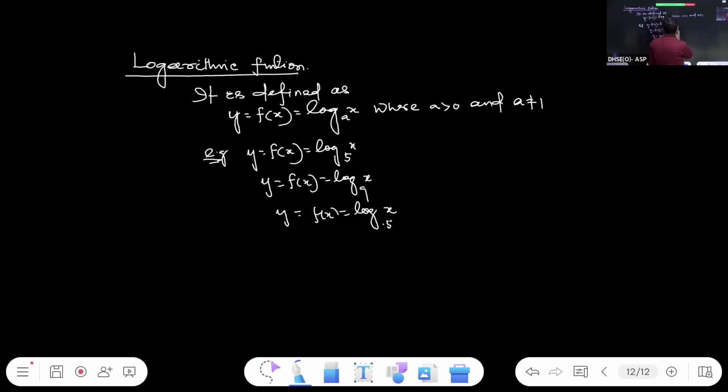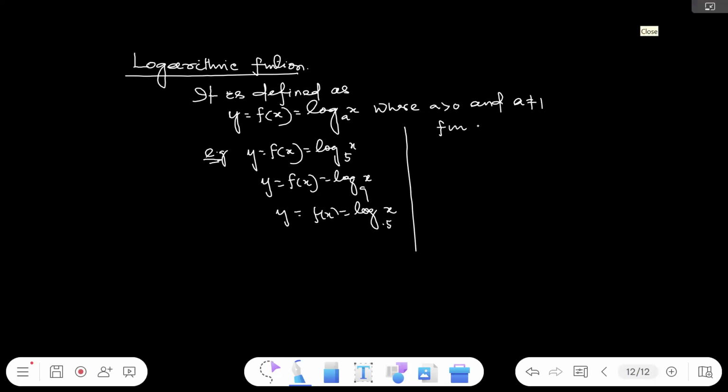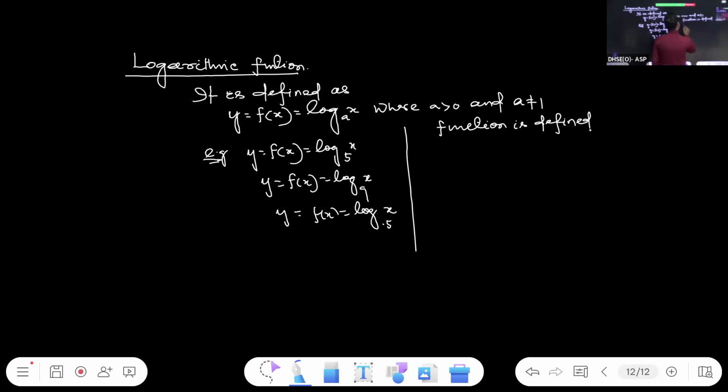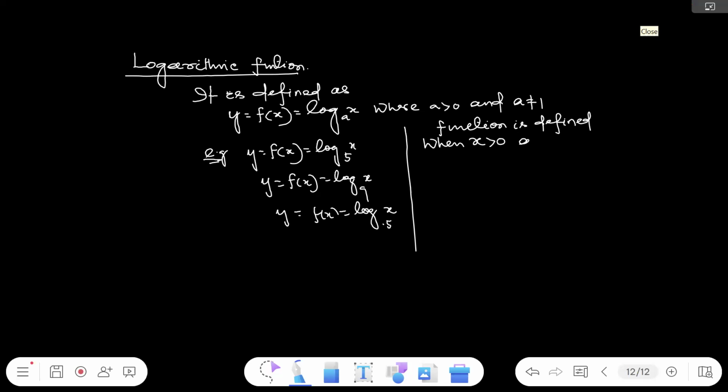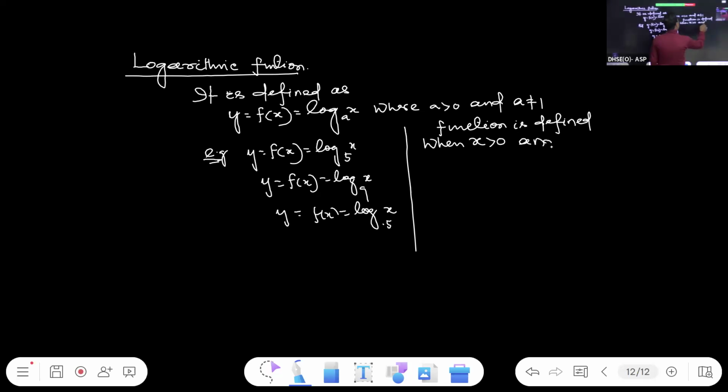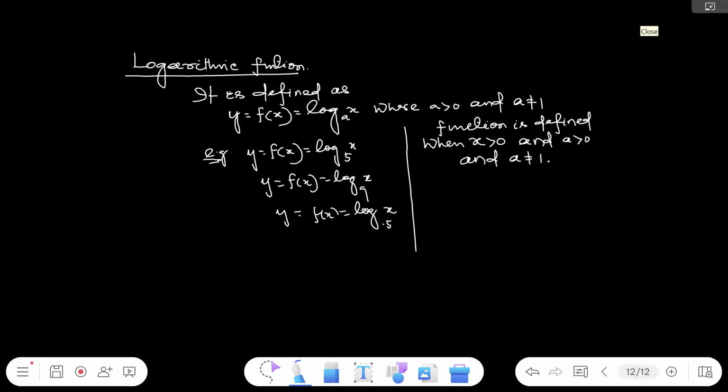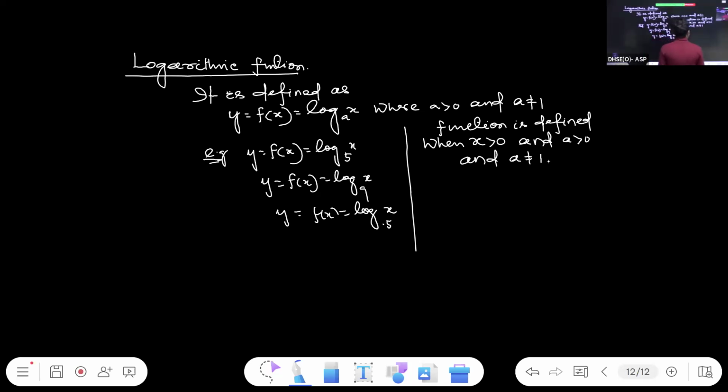Okay. So log x is defined, and then the function is defined. The function is defined when x is greater than 0, a is greater than 0, and a is not equal to 1. Thus the domain of the function is